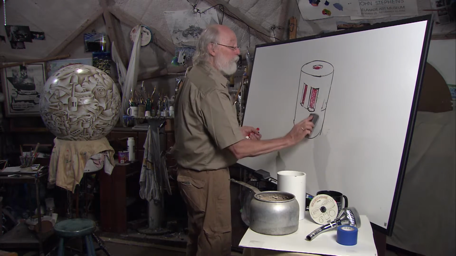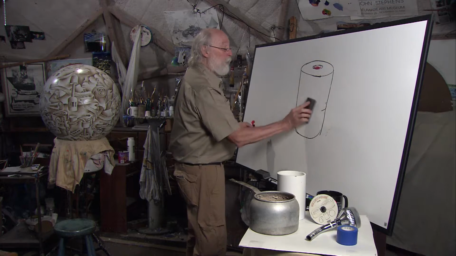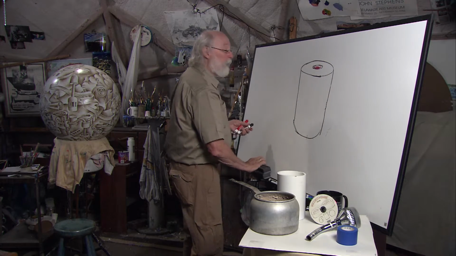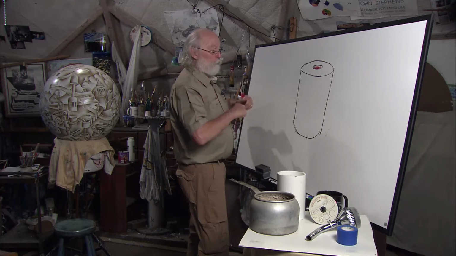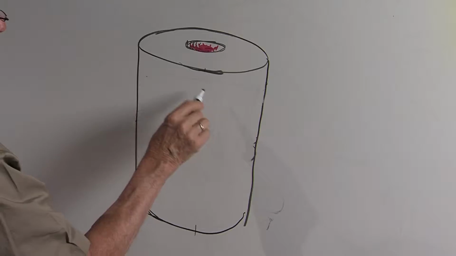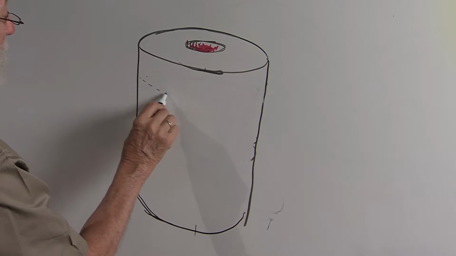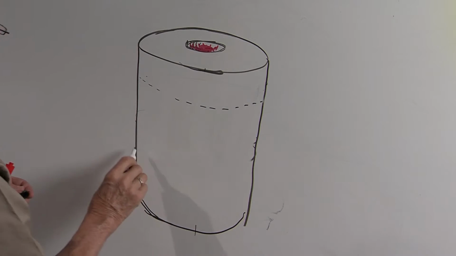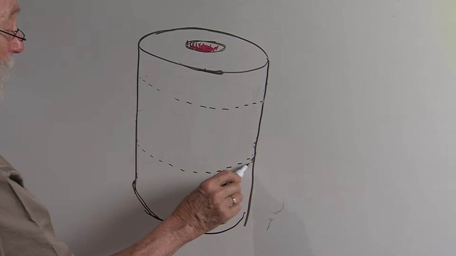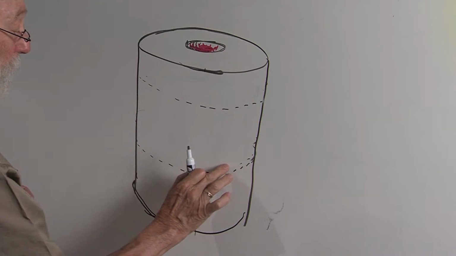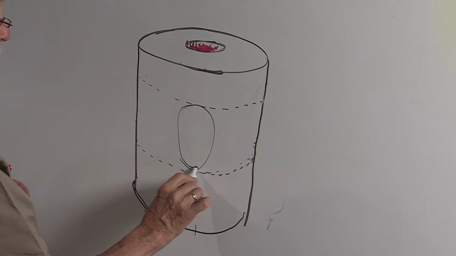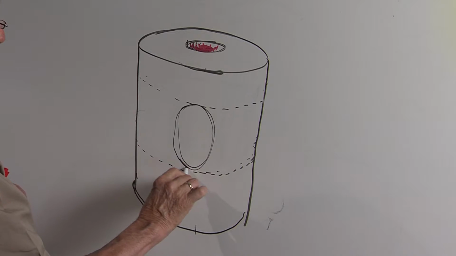I'm going to just erase this and do a different kind of window on this. What if we wanted curved cylindrical windows popping in there? So the center, first of all, we'll line it up where we want the top of the windows to be and the bottom of the windows, like so. And the middle one would be pretty round, like that.